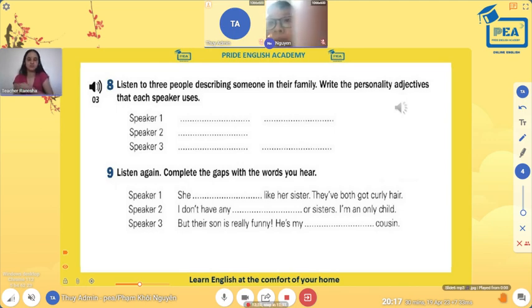3. My uncle is so bossy. He tells me what to do all the time. He is married, and his wife is bossy too. But their son is really funny. He's my favourite cousin. We go to the